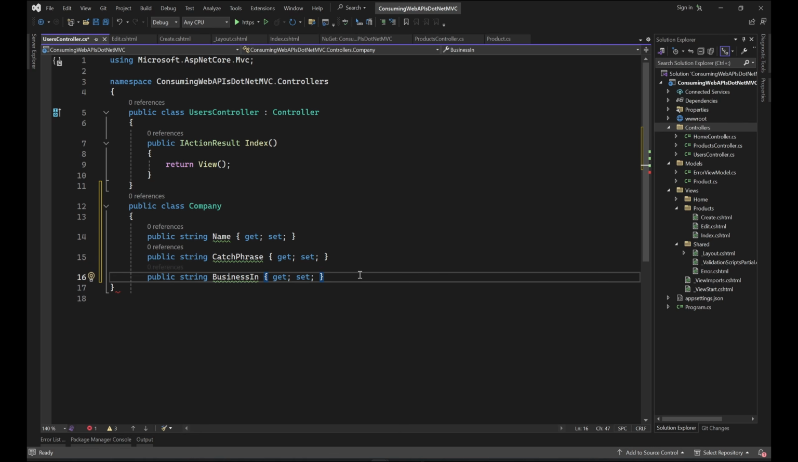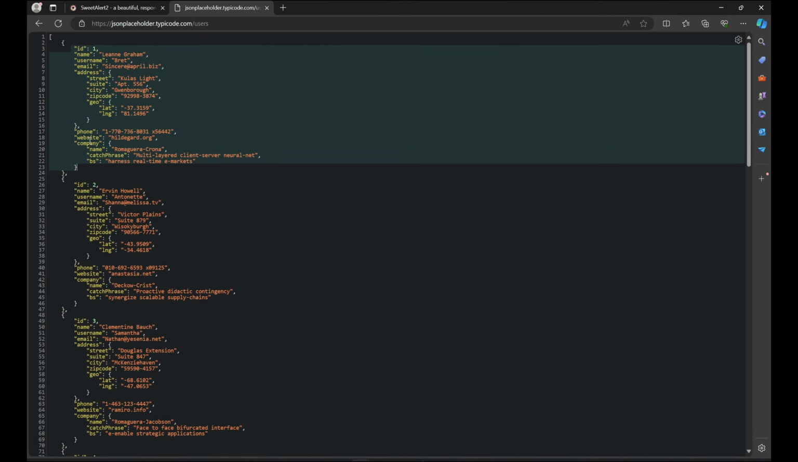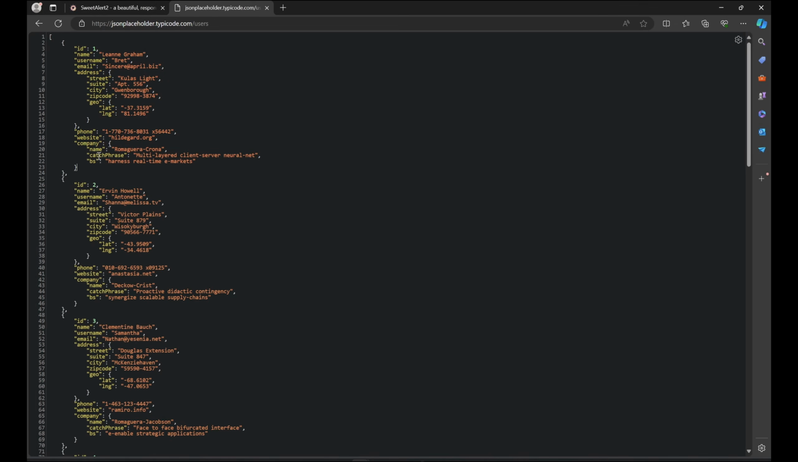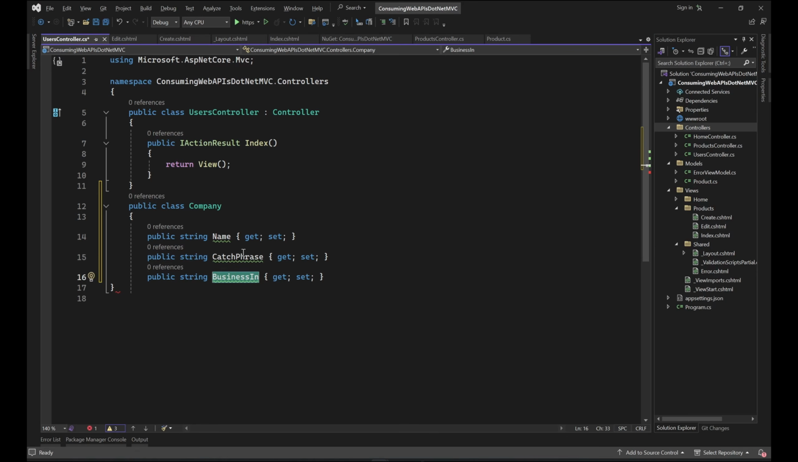But there comes an issue. The issue is that the API is telling us that it's bs, and in the class, the property is BusinessIn. How is it going to be mapped? Moreover, the company name has name with a small n, catchphrase is with a small c. How are those going to be mapped? So for mapping,